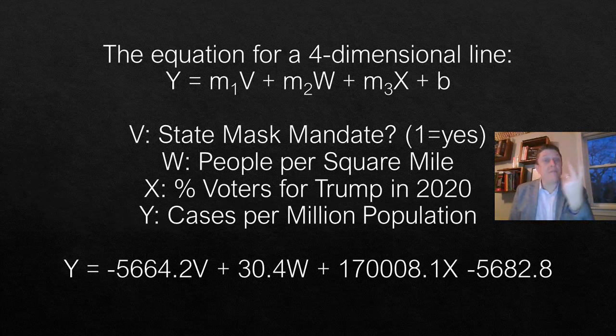which is that we put in v, w, and x. We separate those, the v, w, and x, with pluses, and each of those terms we multiply by its own slope, which, if it's positive, indicates that as that value goes up, so does y. And if it's 0, it indicates that as that value goes up, y doesn't do anything. And if it's negative, it indicates that as v goes up, well, actually y goes down.